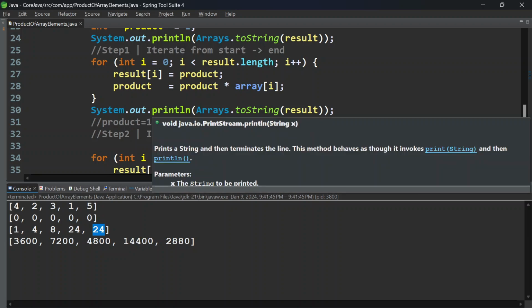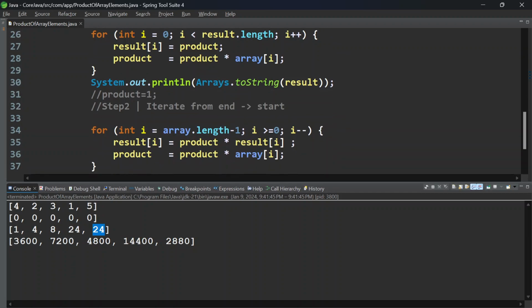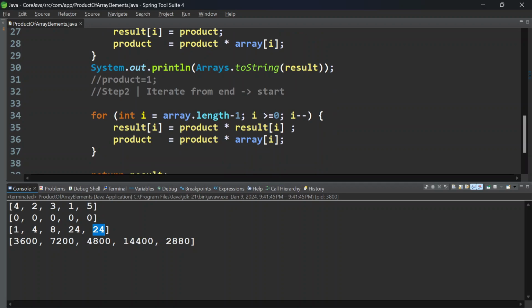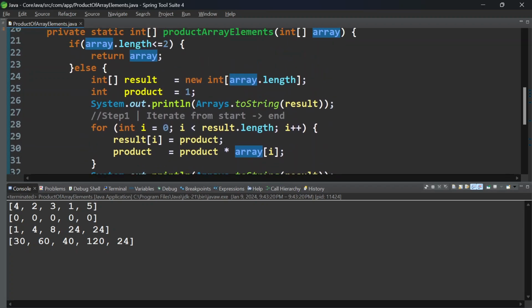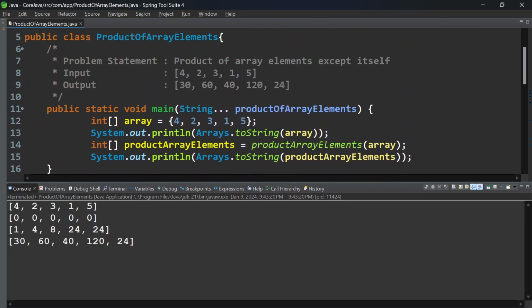If I did not update it, that value is multiplied again, because I am starting the multiplication logic from the end to the start, right? So that's why we are getting some junk data. Once the first iteration is done, we need to reset that value to 1. Then only we will get the expected result. So now I got the expected result, right? 30, 60,